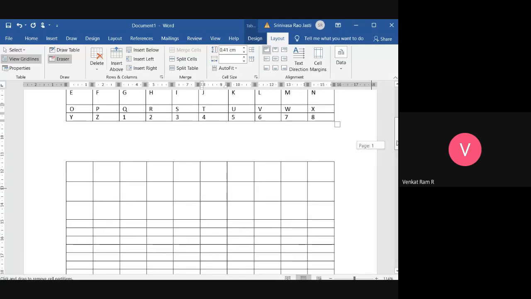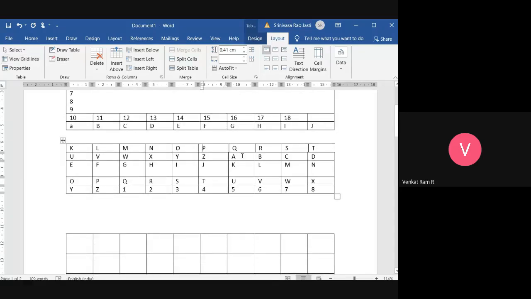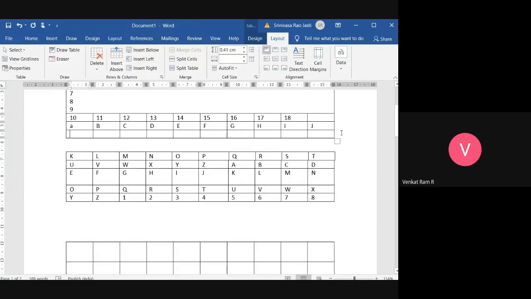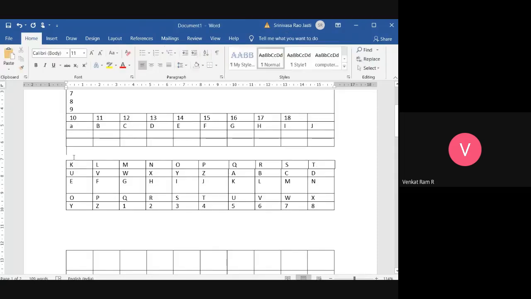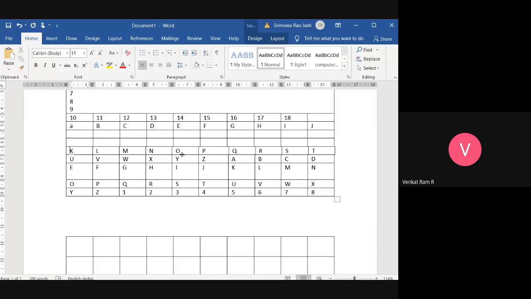Now I split this, then how to merge this? I merged this table, but I want to merge this one. What do I have to do? I merged, but how?